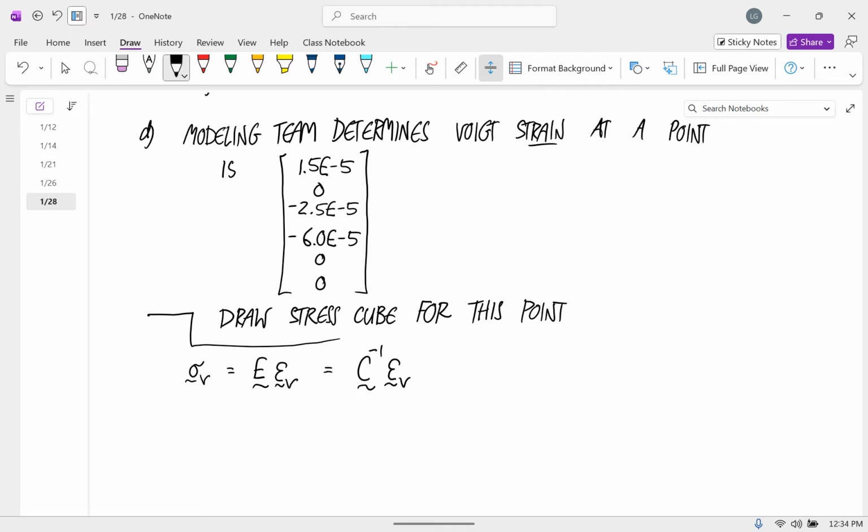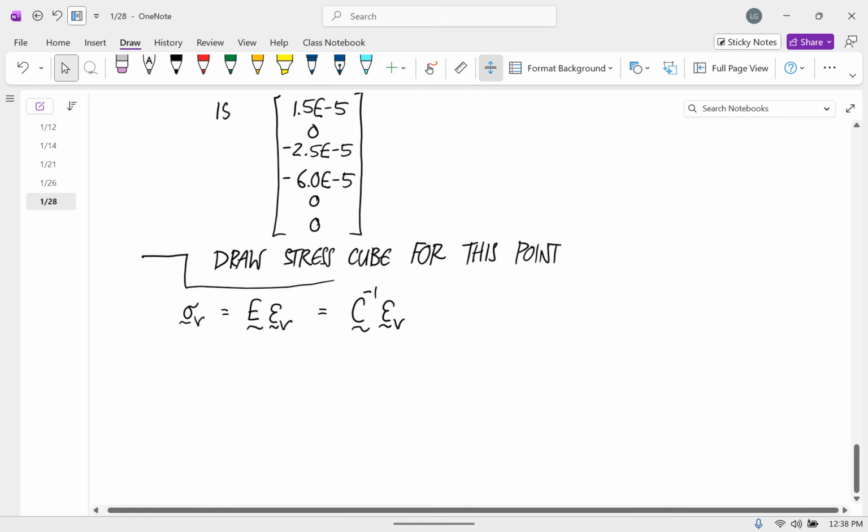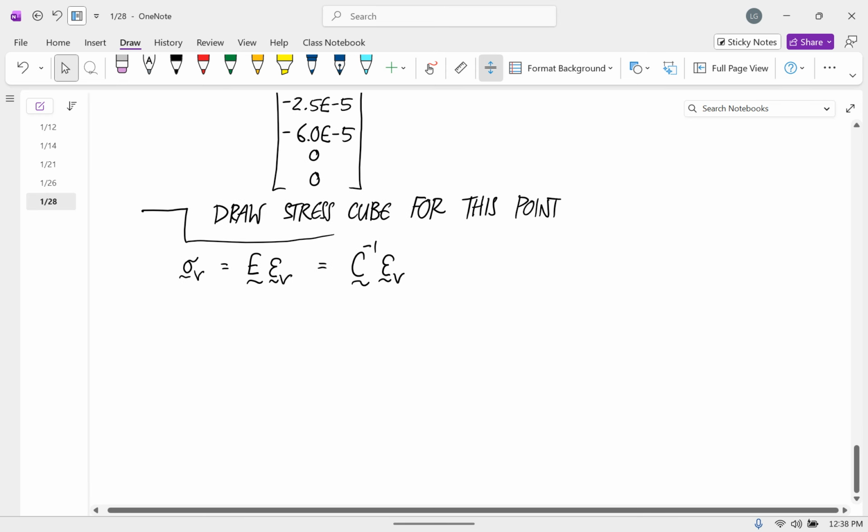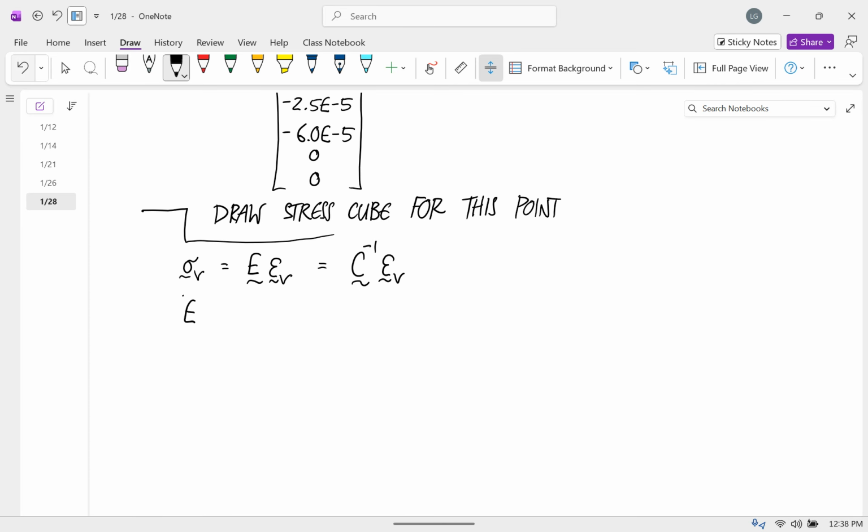Your calculator will calculate that inverse. So let me take a second, and I don't have this entered into my calculator, so let me enter in the compliance and then compute the inverse. And so the stiffness matrix is